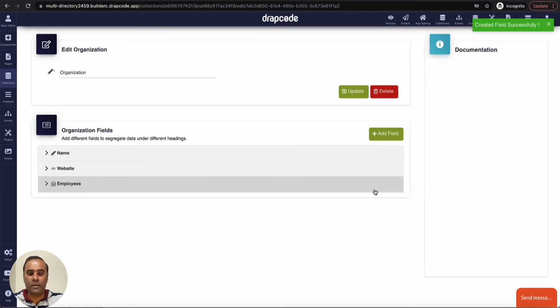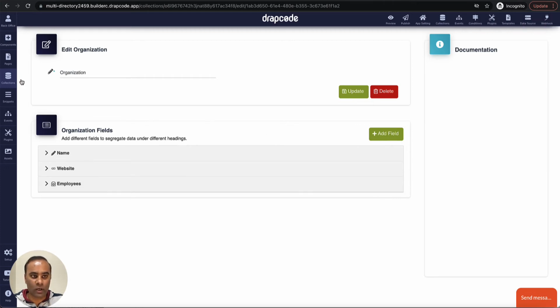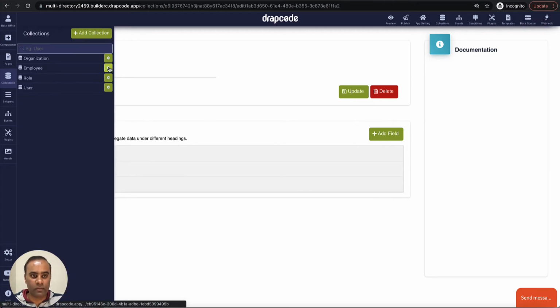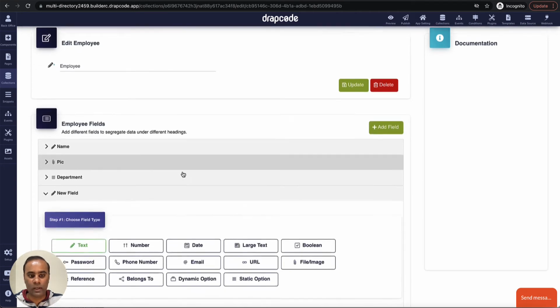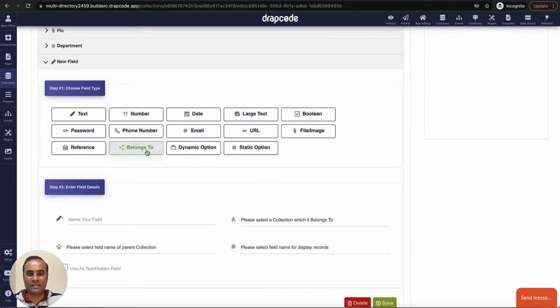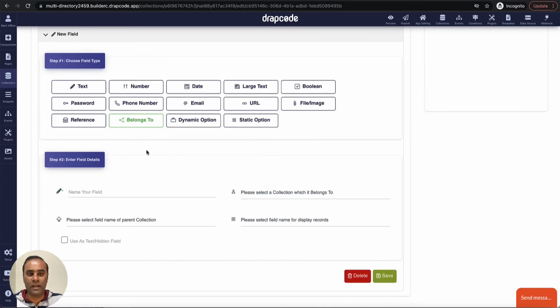Now let's go to the employees and link them back to the organization. So I go to my employee. And here I'll say this employee belongs to, or you can say is a child of, an organization, right? So this is where it brings the multi-tenant capabilities. All the employees belong to organizations where each organization has a set of employees and no one shares employees across the organization.